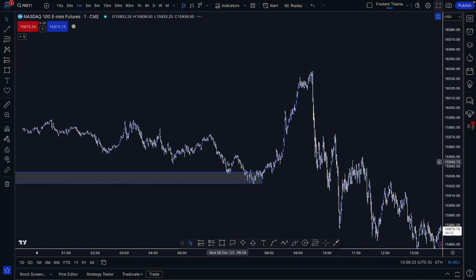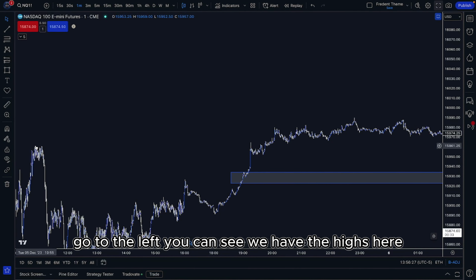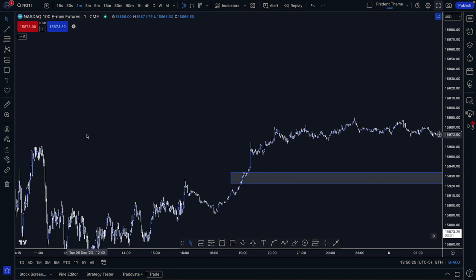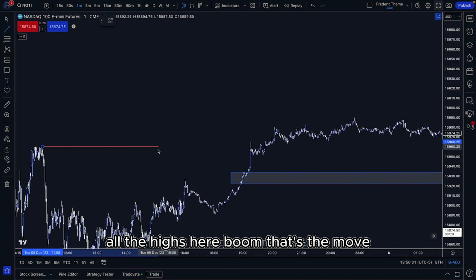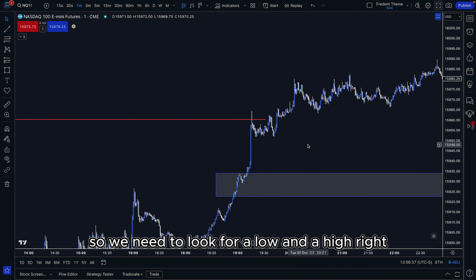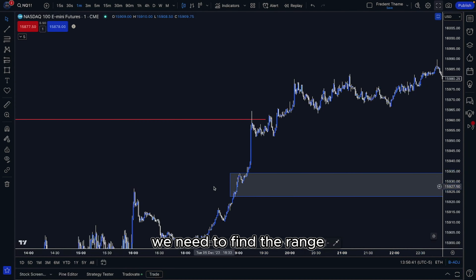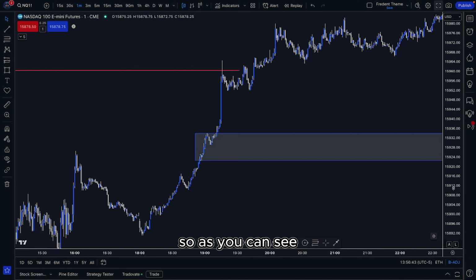1 minute chart. Go to the left. You can see we have the highs here, with all the highs here. Boom. That's the move. So we need to look for a low and a high, right? We need to find the range. So as you can see,